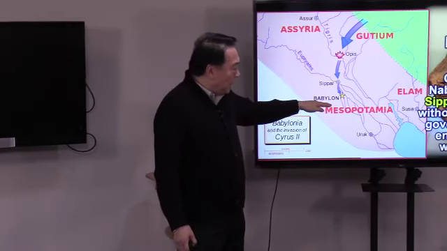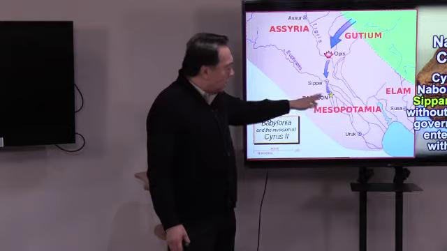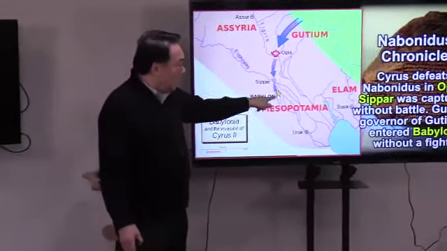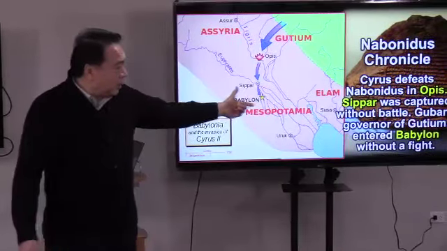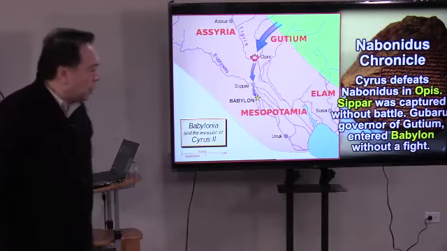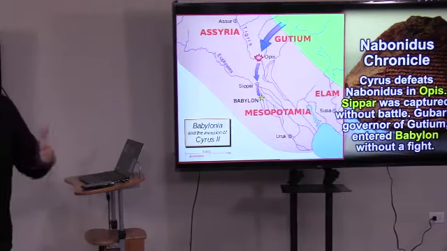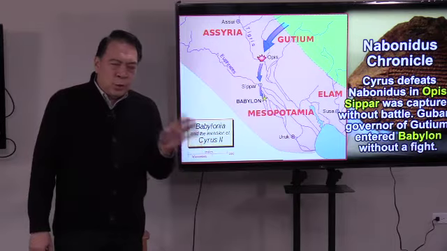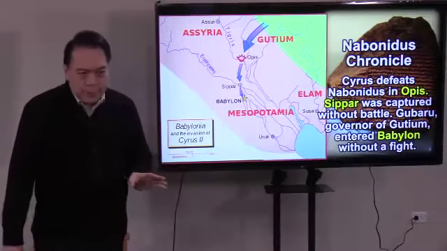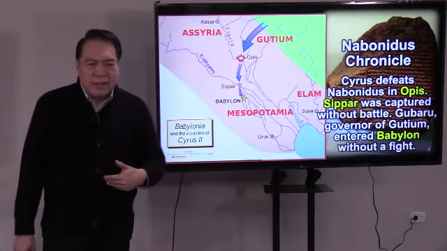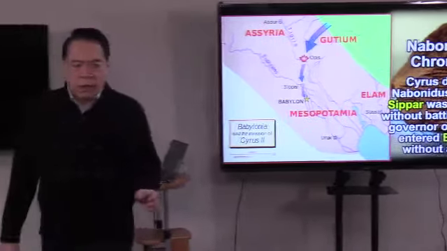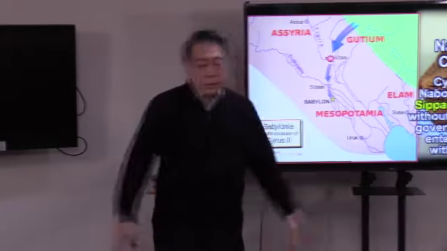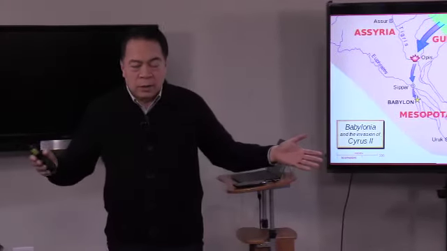Now our story becomes more fascinating because the next battle of these three last battles of the Persians against the Neo-Babylonians was in Babylon. And it's saying Gubaru, who was the governor of Gutium, entered Babylon without a fight. According to historical records, Gubaru was in charge of the command during Belshazzar's banquet. It was not until 17 days later that Cyrus actually went and conquered Babylon. But this is what happened. They entered Babylon without a fight. You know, we'll cover that story in a little while.